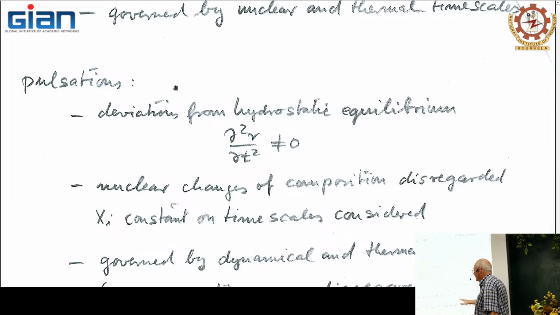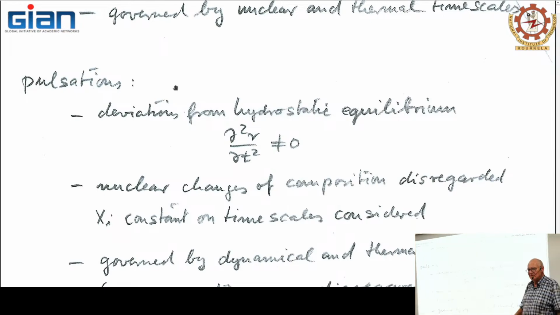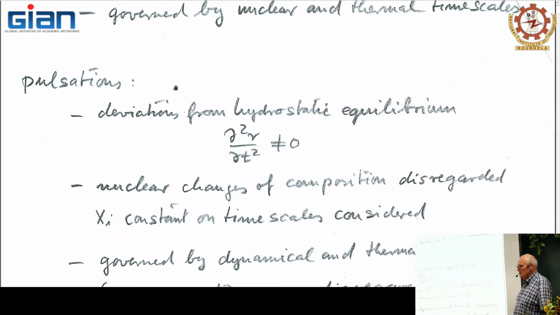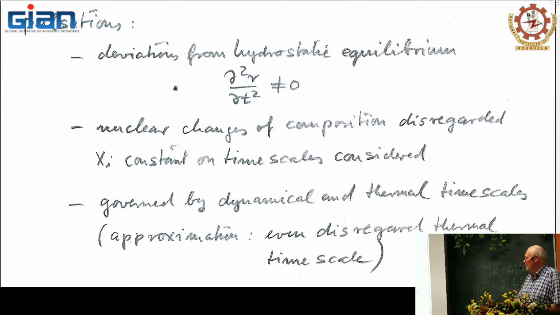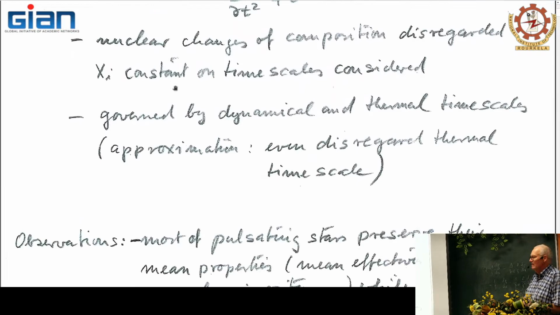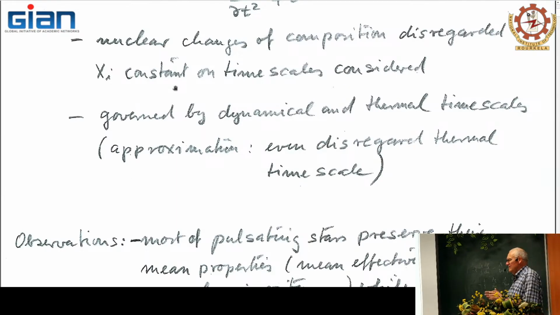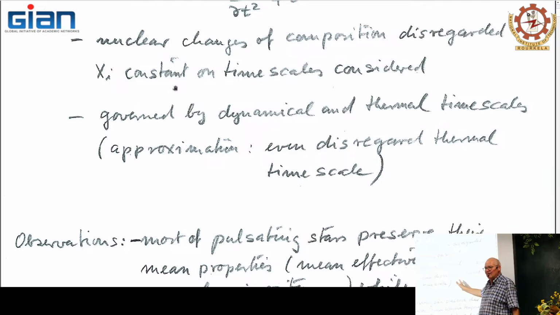So chemical composition is kept constant, because the time needed to change chemical composition is on the nuclear timescale, and we will disregard it, or keep the nuclear change of composition constant. Well, this means that the pulsations will be governed by the dynamical and by the thermal timescale. In the ideal case, we can even disregard the thermal timescale if the